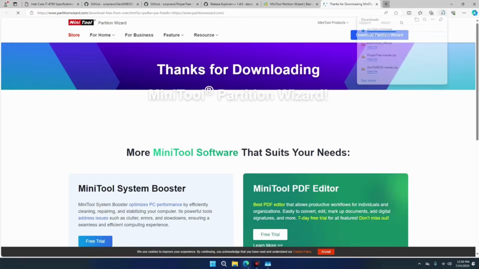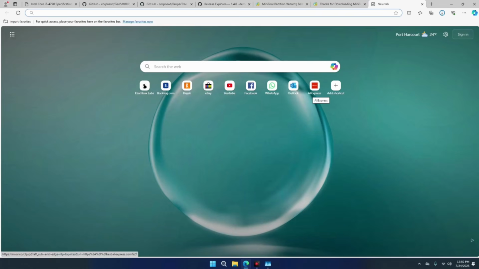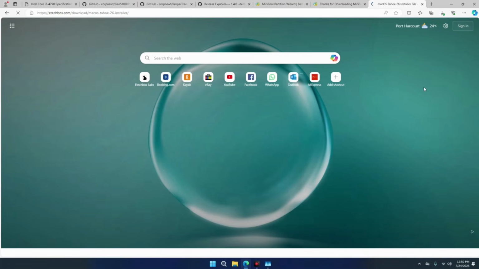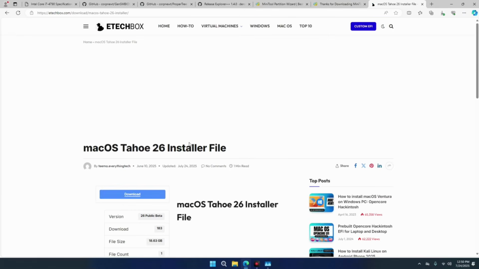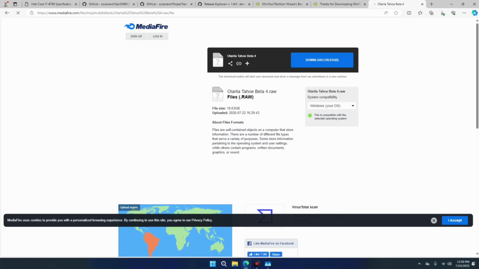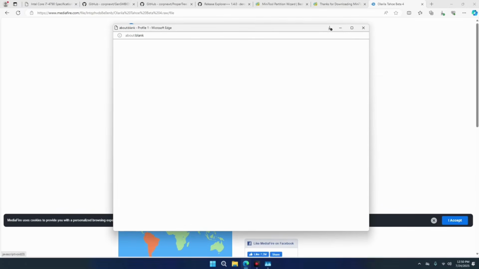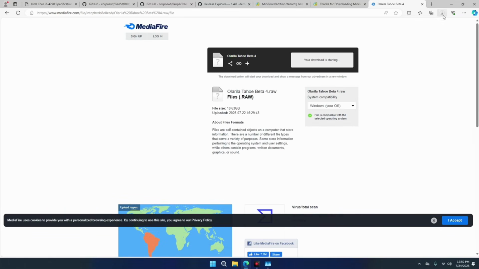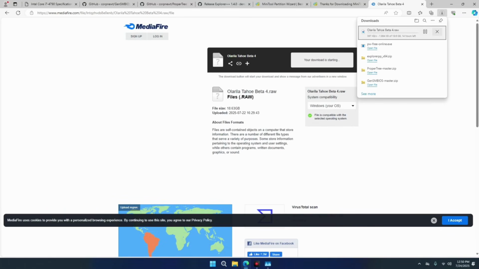Next, we are going to download macOS Tahoe installation file. Now the link to this file is in the video description, so you can just click on it and head directly to this page. Now we can click on download and this should download. From here you can see the size 18.63 gig. This is quite a lot, so make sure you're using a stable internet connection, and this is going to take some time to download due to the file size. I already have this file downloaded, so I'm just going to cancel this, but make sure to allow the file